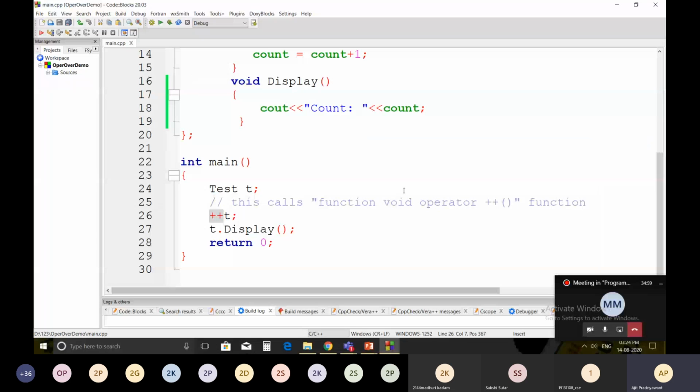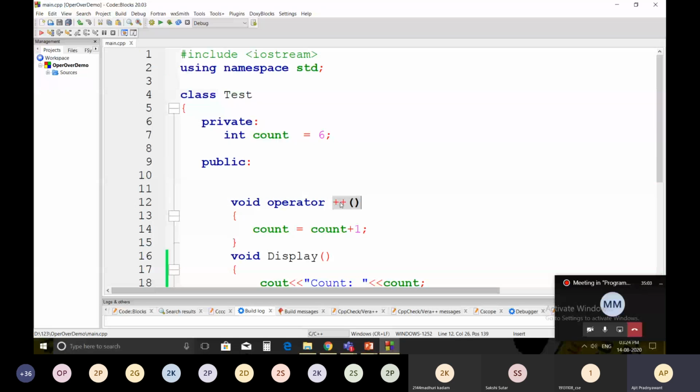The plus plus operator is called a unary operator. It requires only one operand. Similarly, you can overload minus minus. I'm going to write another function.